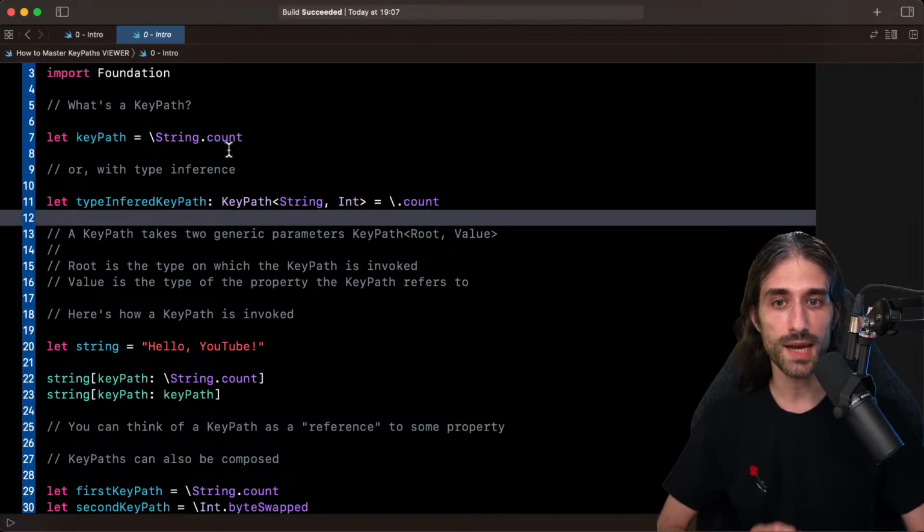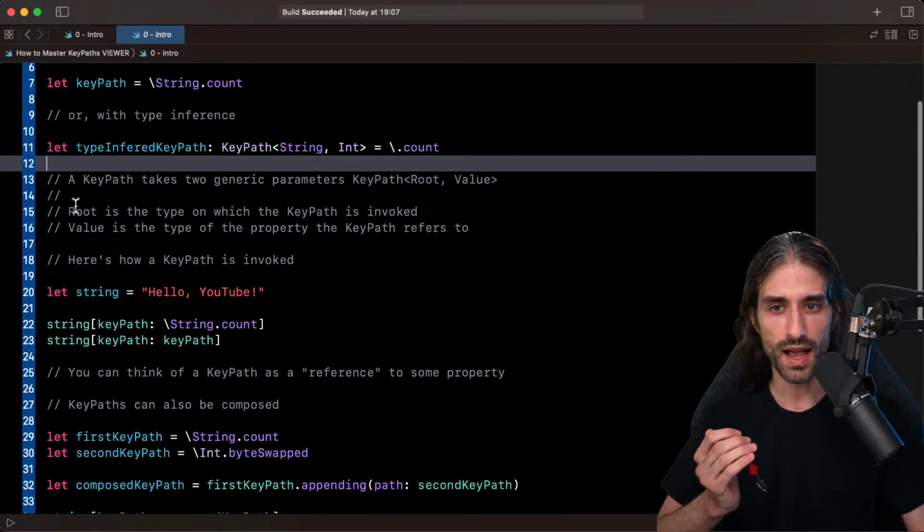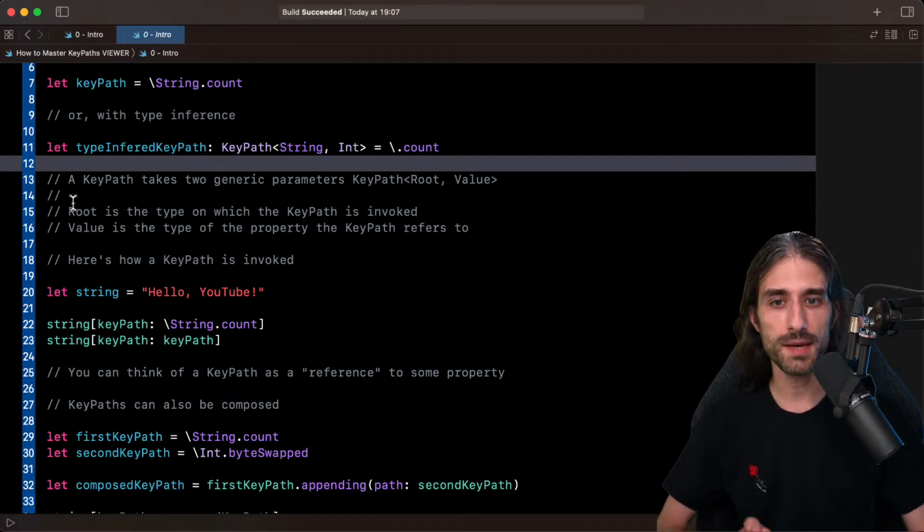So here, the type of count is Int, and so the value of the keypath is an Int. And the root is going to be the type on which the keypath will be invoked, and the value will be the type of the property that the keypath refers to, and so the type of the value that you will get when you invoke the keypath on the root.